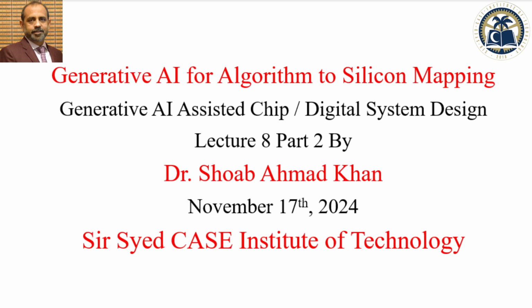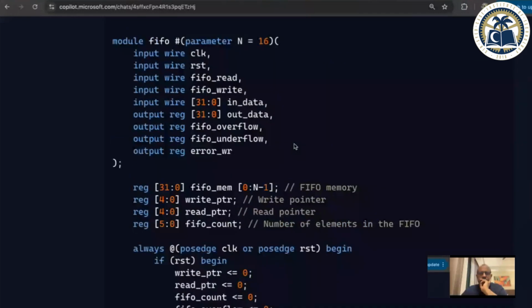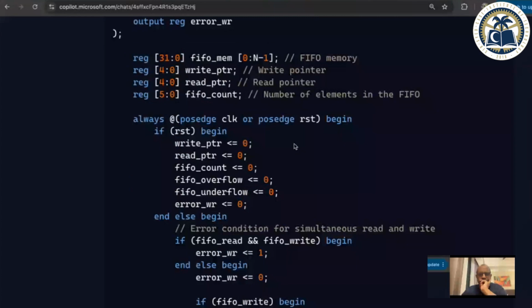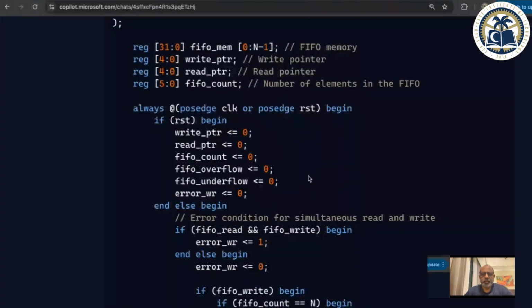Okay, so I was asking this question: what is wrong here? Not wrong, I should not say, but what is not really optimal from the state machine perspective or even the design perspective. Whenever you are using an always @(posedge clock) statement, everything on the left-hand side with a non-blocking procedural assignment means it is going to be a register.